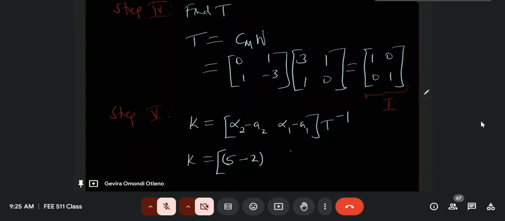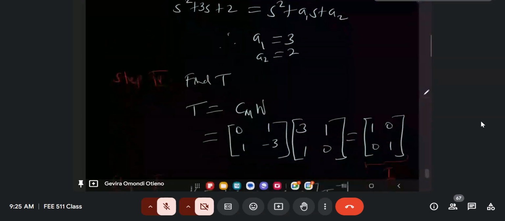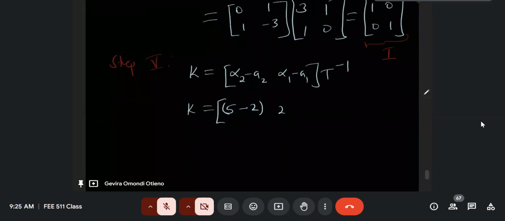Higher. The other one, alpha 1, was 2, I think. Alpha 1 is 2, yes. The other one is 3. So 2 minus 3, like that. T,